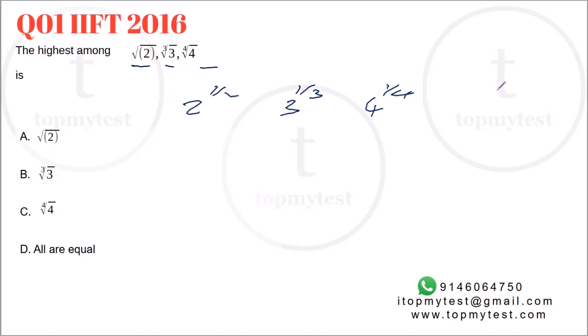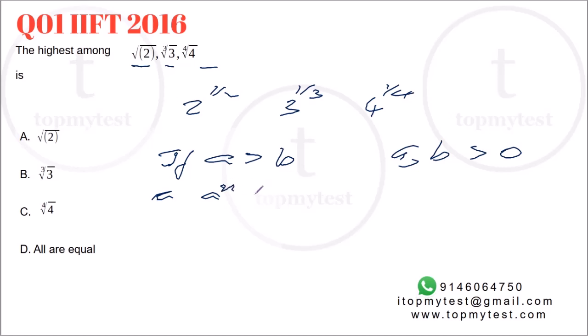Right. So let's raise it to a common power. If I raise all of them to a common power, then the inequality will hold. If A is bigger than B, and A and B are positive numbers, then A to the power n will be bigger than B to the power n if n is a natural number. As long as you are raising it to the same power, the inequality will stay the same, right? What will be the power that we'll raise to? LCM of 2, 3 and 4, which is 12. So raise each of them to the power 12.